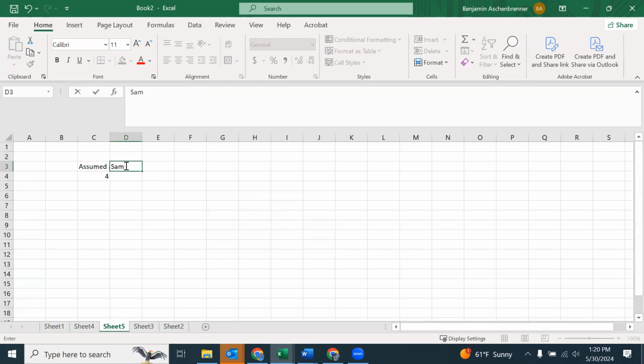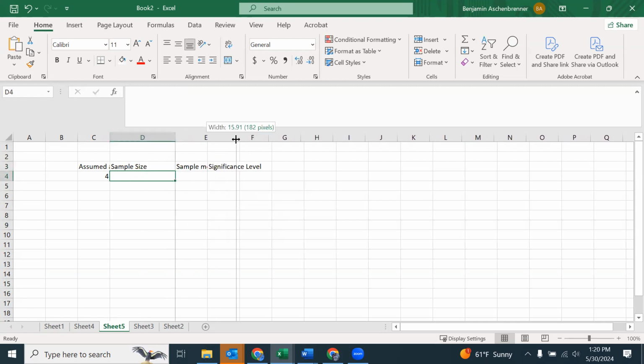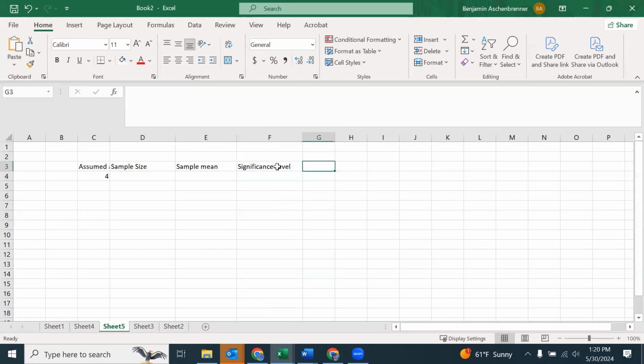The sample size, the sample mean, the significance level. What else did I need? We haven't messed around with the standard deviation, but let me move this one out because these four numbers,